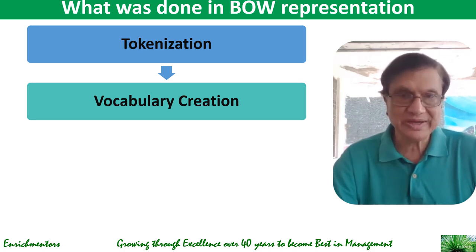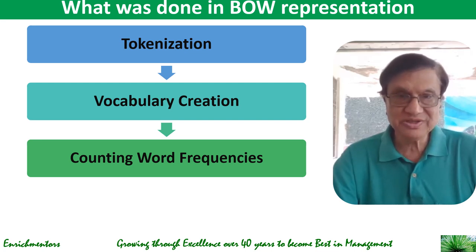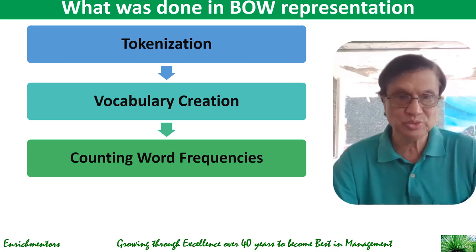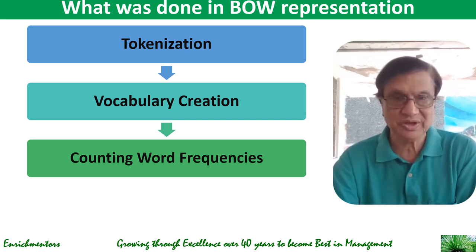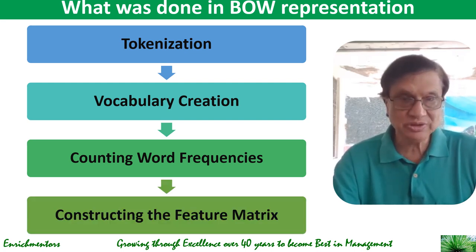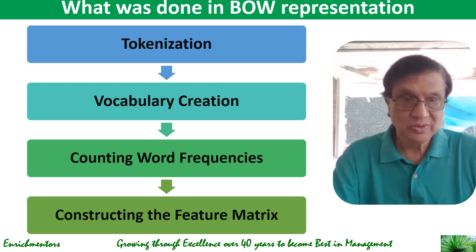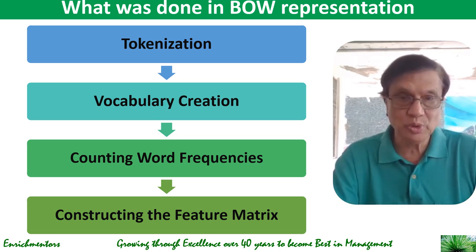Each word in the vocabulary became a feature in a BOW representation. Then for each document, that is the review, the frequency of each word in the vocabulary was counted. This was done by traversing through the tokenized representation of the document and incrementing the count for each word encountered. And based on the word frequency counts, a feature matrix was constructed where each row corresponded